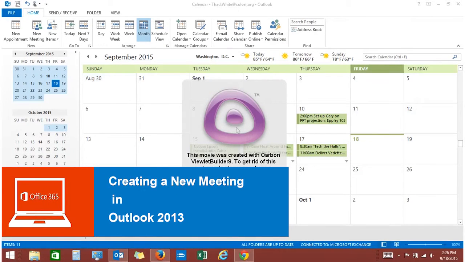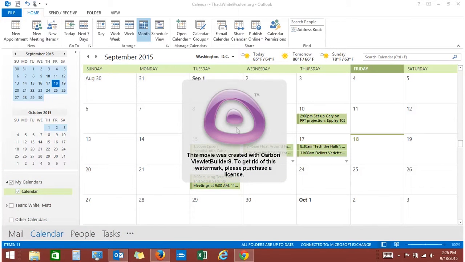Using Outlook 2013, coordinating multiple people's schedules for a meeting has never been easier. Outlook does the work for you. This demonstration will be about how to create a new meeting and invite other people. So if we go up here to the New Meeting button and we click on it,